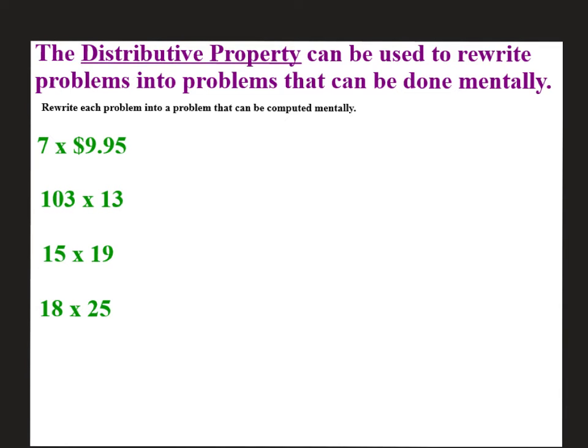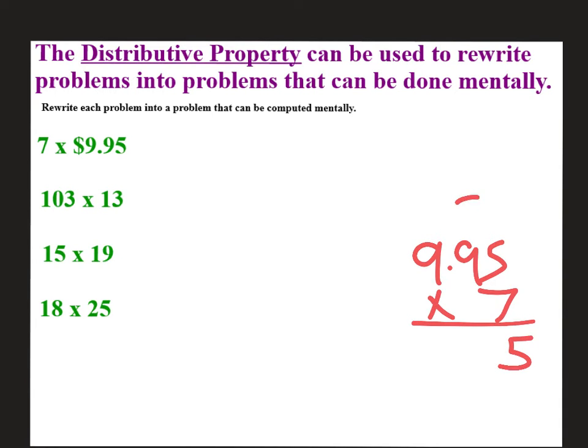All right, so one thing about the distributive property is it helps people do math mentally. You can do things much easier if you can break things apart and then put them back together mentally. So, for example, if I were going to do that first problem, 7 times $9.95 in my head, think about that algorithm for 9.95 times 7. You have to go 35 and 3 and 63 plus 3 is 66 and 6 and 63 and 69. And then you have to count over two places just to get that